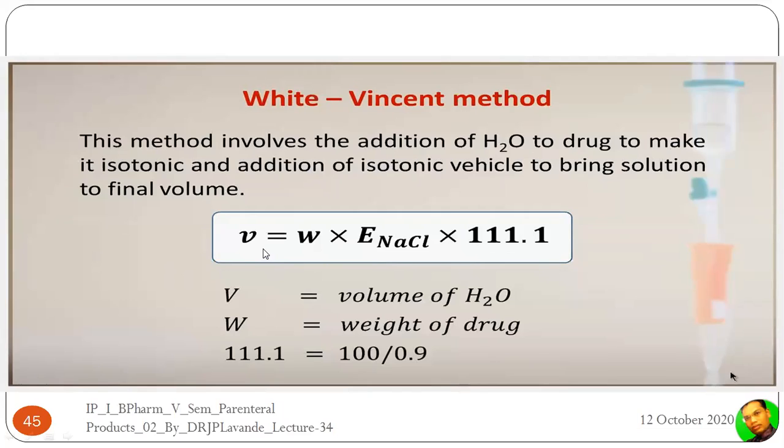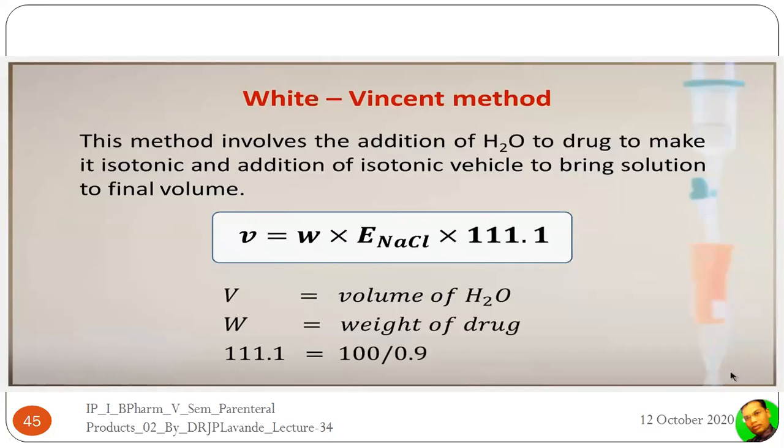It has the formula V equals W multiplied by ENaCl multiplied by 111.1, where V is the volume of water, W is the weight of drug, and 111.1 can be obtained by dividing 100 by 0.9,